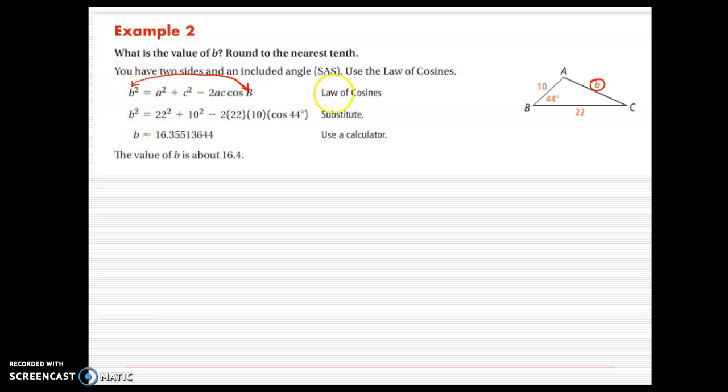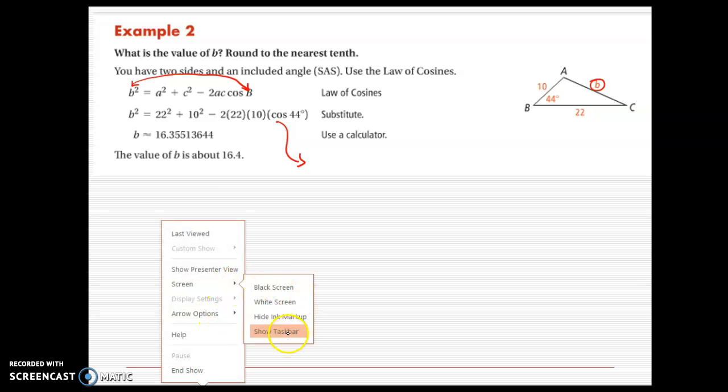So, B squared, that's what we don't know, equals A squared, which is 22 squared, plus 10 squared, which is 100, minus 2 times 22 times 10, and then the cosine of 44. So, 22 squared,